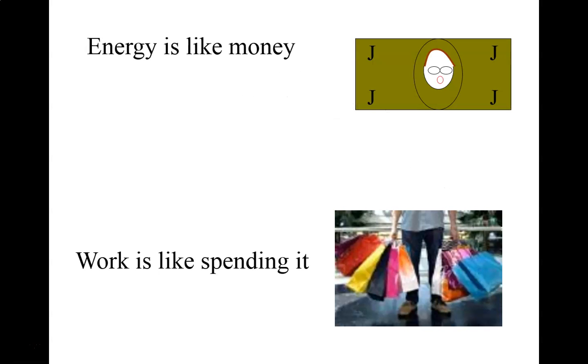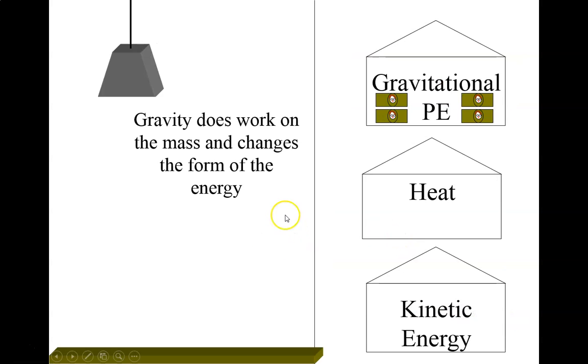In other words, energy is like money and work is like spending it. You can spend the energy money in different stores. You can convert it into other types of things, like groceries or whatever, but the money has got to show up somewhere. So just an example here, we're starting with our elevated mass again, and our energy is starting out in the gravitational potential energy store.